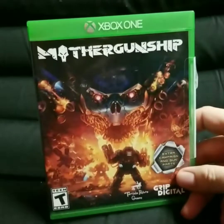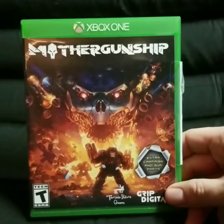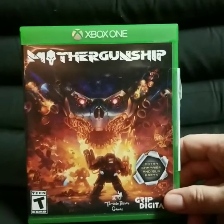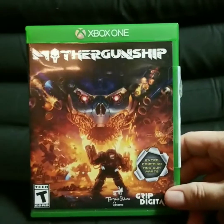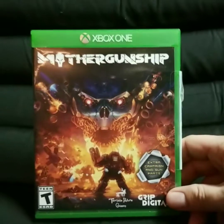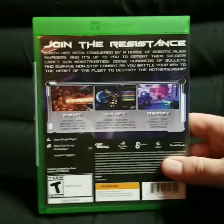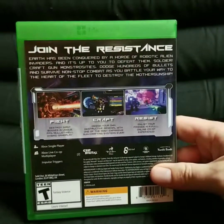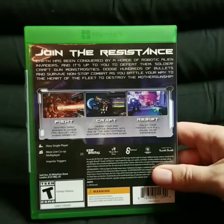This was one I probably should have ordered before. It was sitting in my cart from the last time, but I think it went down to $5 or $8. It got really cheap. Mother Gunship comes with the DLC, the extra stuff that didn't come out when it was a digital release. I got the Xbox One copy because that's the version I usually try to get. It's another shoot 'em up style game where you get to upgrade and go through your various